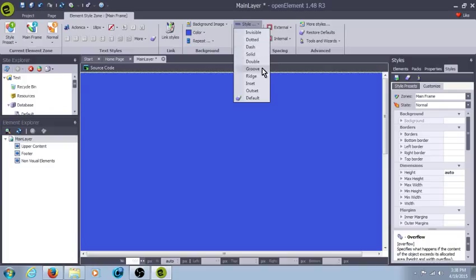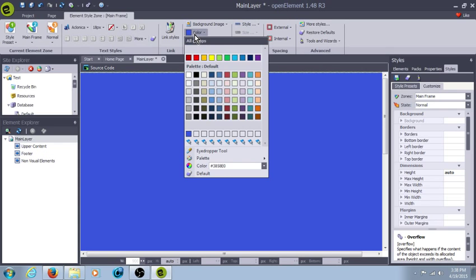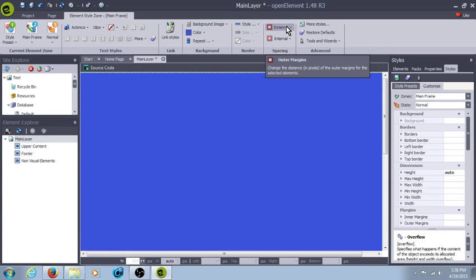Borders. This is so you can create a border. You could go around the main page or around an individual item. It's all up to you. You choose the border, you choose the size, and then the color. And the color works exactly the same way, you can select the color system. Spacing, inner and outer margins, again, are right here, also here in styles. And then more styles,